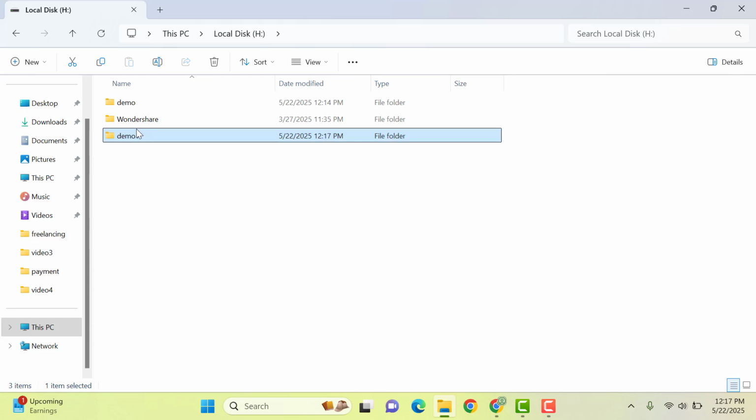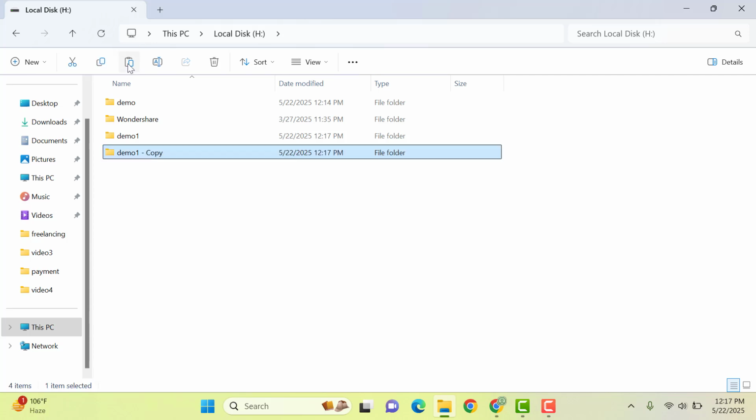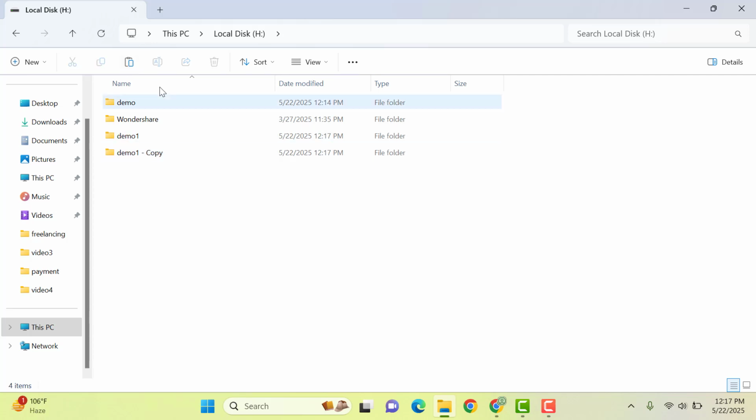and if you want to cut this folder, you can use this option, and if you want to copy, you can press this one, and if you want to paste this folder anywhere, then you can use this option. Here you can see,